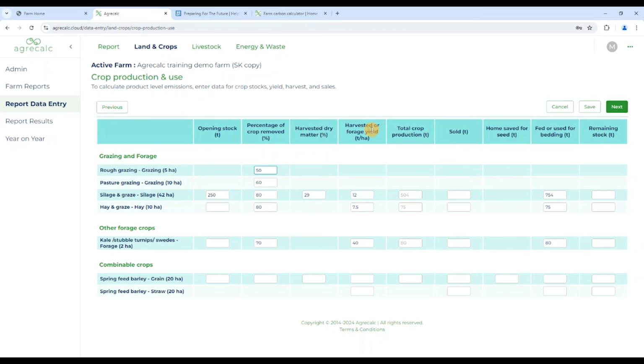Harvested or forage yield should come from on-farm records, and Agrecalc will then automatically calculate the total crop production. At this point, you need to tell Agrecalc of that total crop production what happened to it. What was sold? There'll be the option of home save for seed for cereal and potato crops, or if you've fed it or used it for bedding within your livestock enterprises, you can note the total tonnage used for that